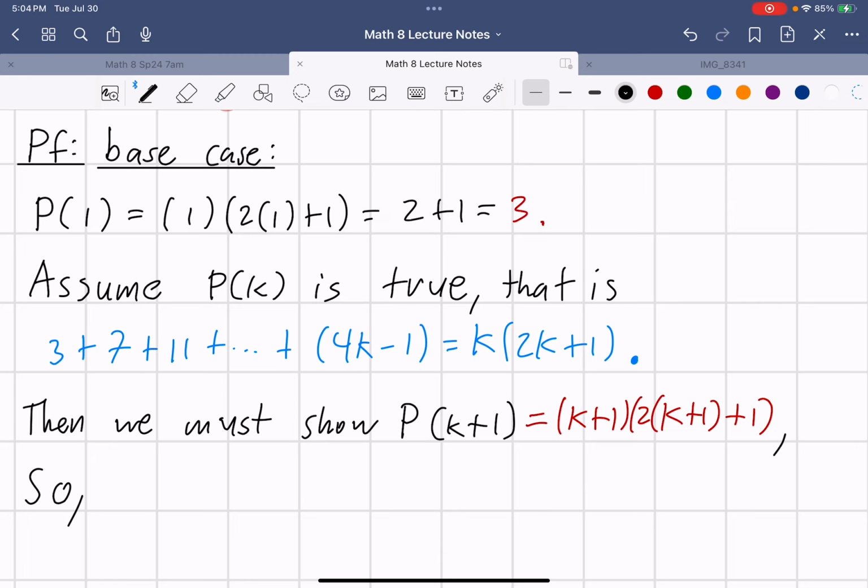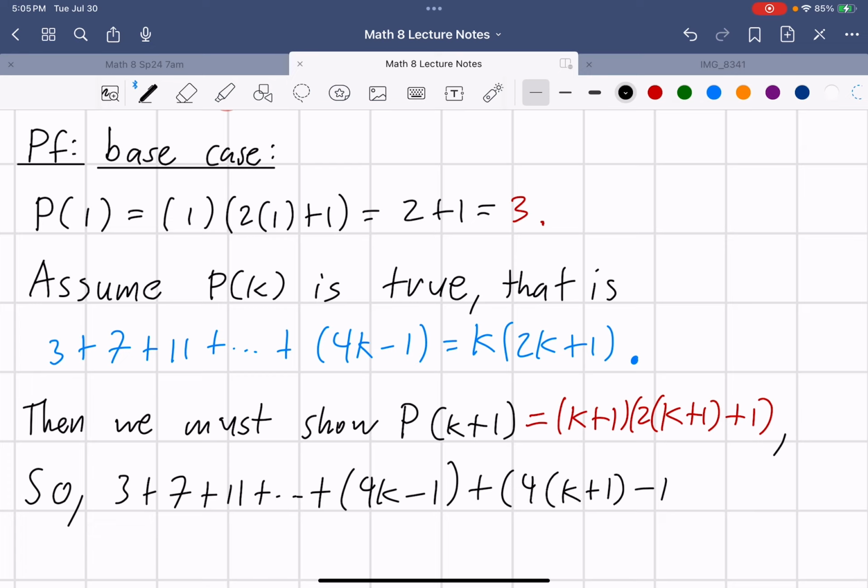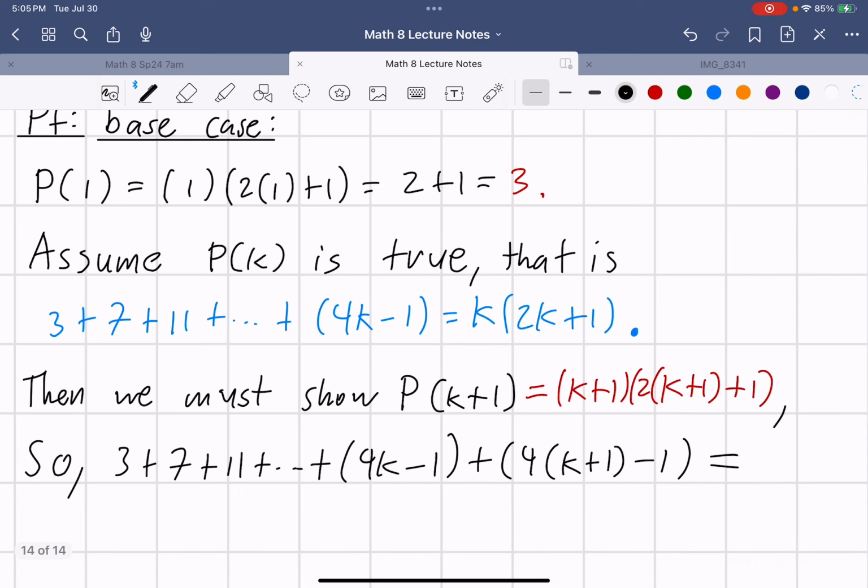So we're going to show that 3 plus 7 plus 11 plus ... plus 4K minus 1 plus, and now we're going to do 4K plus 1 minus 1, and then that's going to equal, once again, you always do this step, this is equivalent to what we wrote, which is this